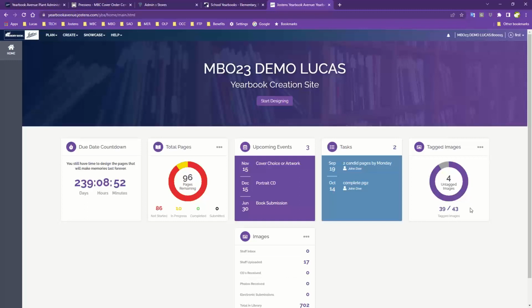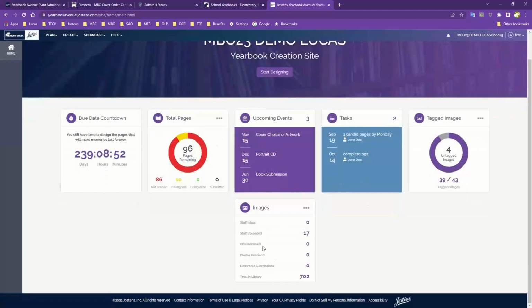Let's say that you don't want to use over 3 images per student in the book. You want to try to keep things a little more fair, that way you're getting enough coverage, you're getting more of everybody involved. So the tagged images will work with the coverage report, which keeps track of how many people are used. Then we have an overall on what's in the staff inbox, what's staff uploaded,